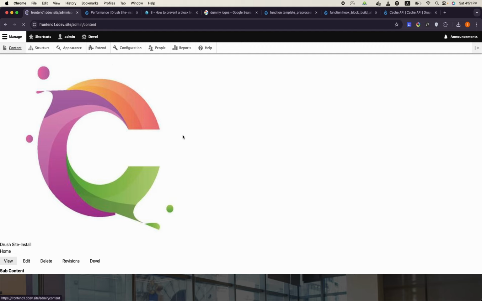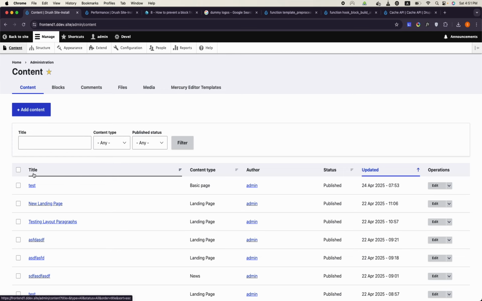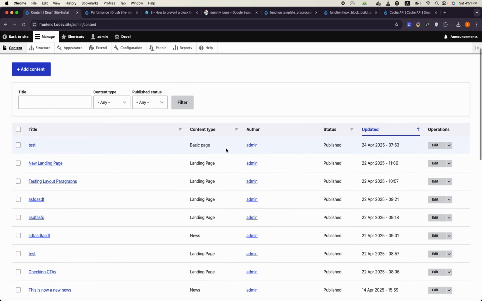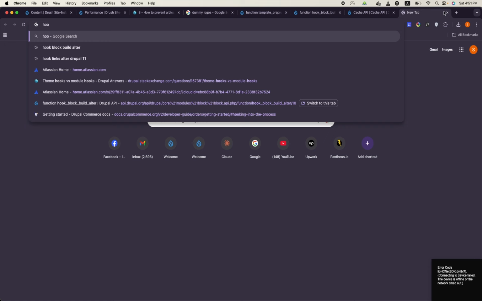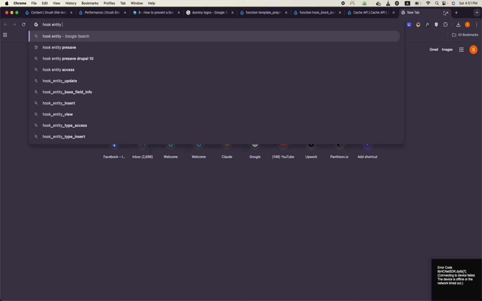For example, if I want to do something when the basic page is created or edited, okay, so hook_entity_presave,